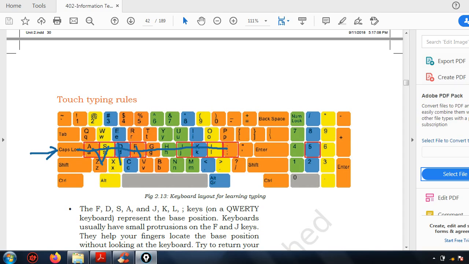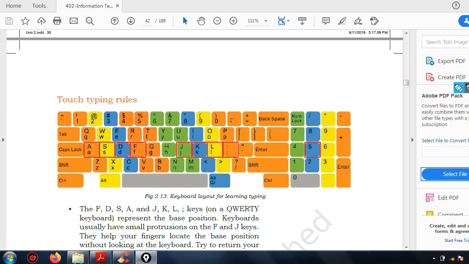Are you able to see? This A, S, D, F, and here J, K, L and semicolon. So this four is for your left fingers and this four for your right fingers. This is your home row, the row beside the caps lock key.